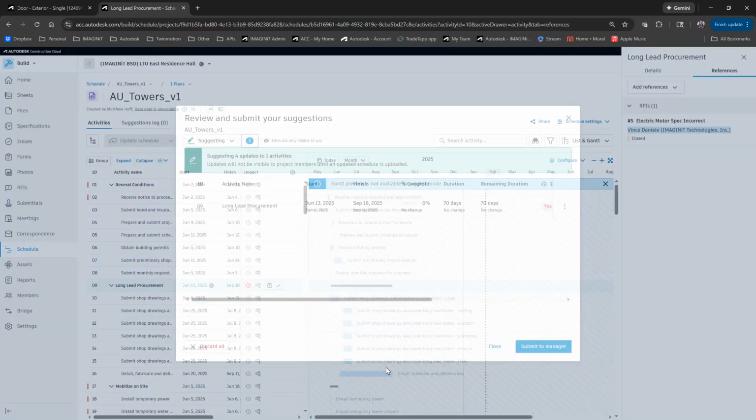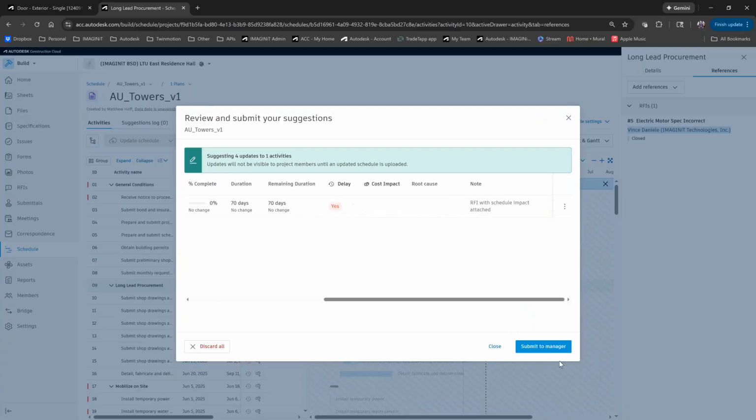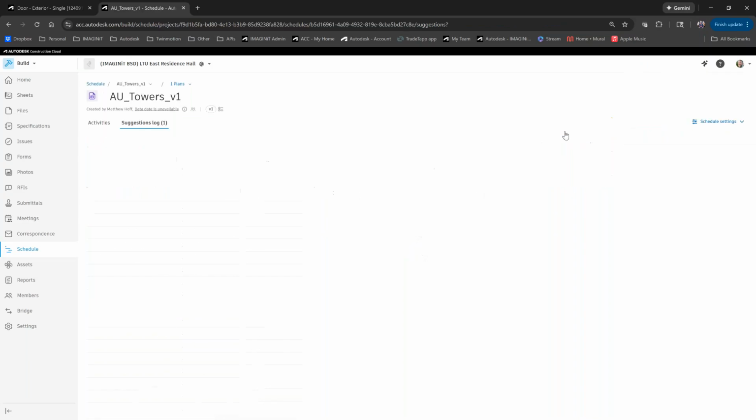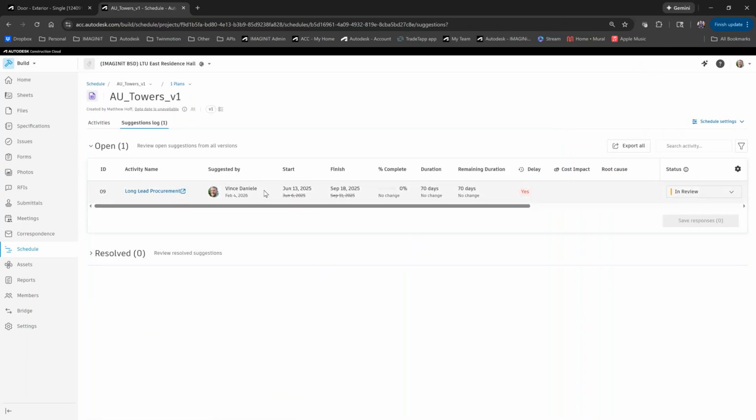Once we have our suggestions in there, we submit this to what I would call the schedule manager, so the scheduler. And then on their end, and I just happen to have project admin permission in this project, so I can show you what the schedule manager would see. They would get a notification that there's been a request, a suggested edit to the schedule, and then they can go in and review those suggestions. And they can see, okay, hey, Vince on this date took this item and delayed it by a week. It's currently in review, but if we agree, like, okay, yeah, that definitely is going to impact the schedule,